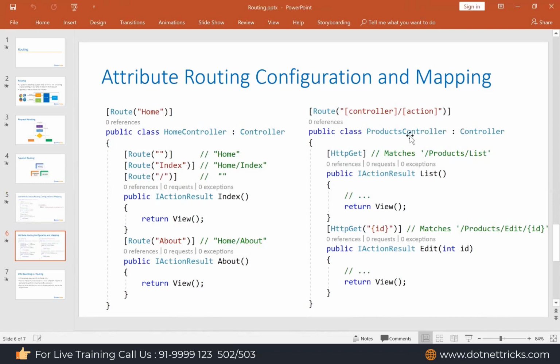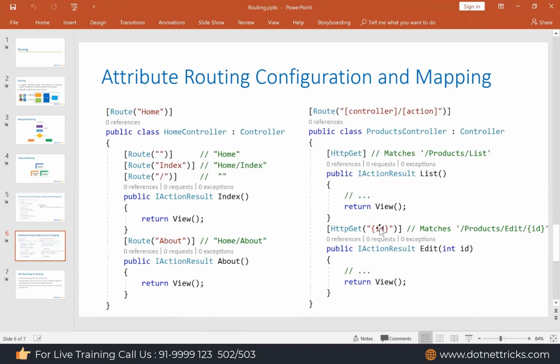And even in ASP.NET Core, we have the option of using square brackets without passing the controller name and action name. I can define it this way. This syntax might look just like the syntax in convention-based routing. For each and every action, you don't need to define things as we did in the left-hand side example.